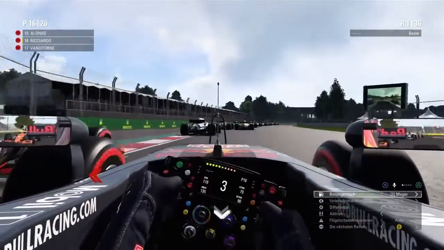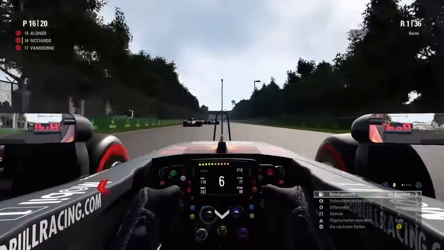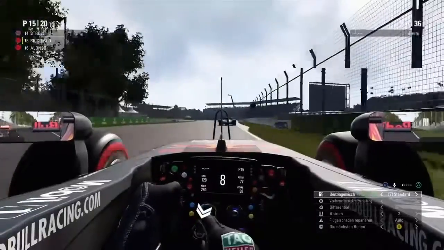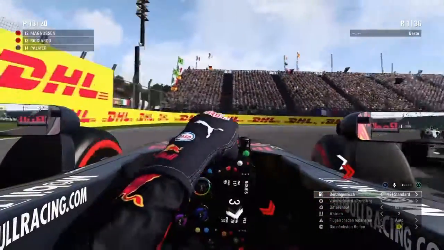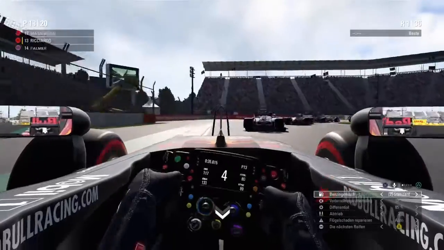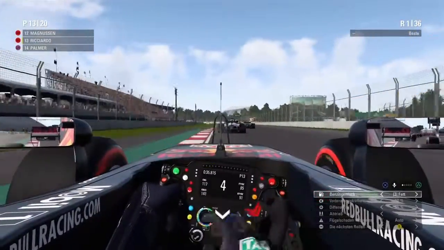in P15 side by side with Fernando Alonso, but we should have the straight line speed over him because he's in a McLaren. And yeah, we were able to brake really late, and we were already able to get alongside the next few cars. So yeah, quite a decent start so far. We are going now side by side with I think Palma it is, and yeah, we keep it around the